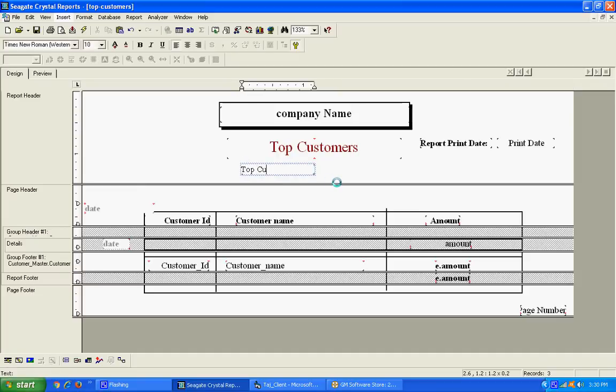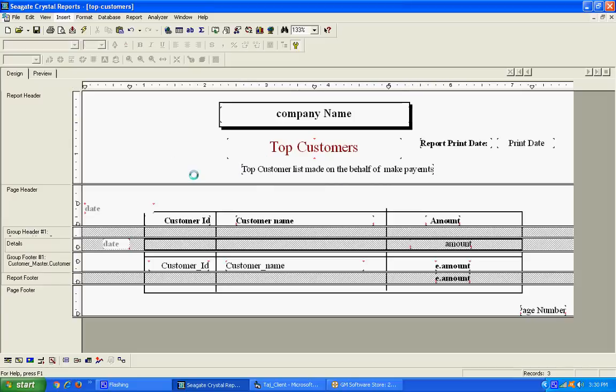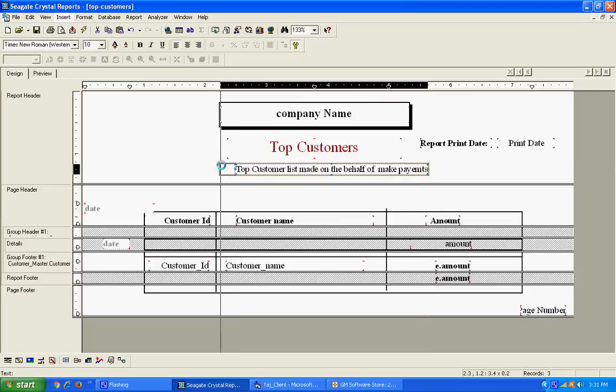Top customers list made on the behalf of make payments. Done. Center line, done.